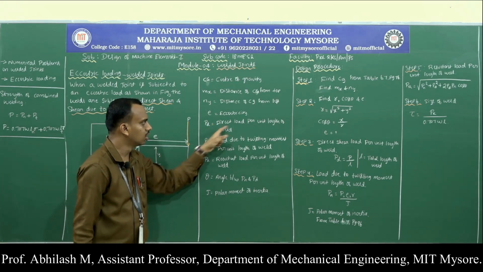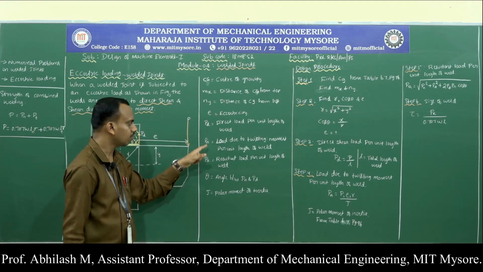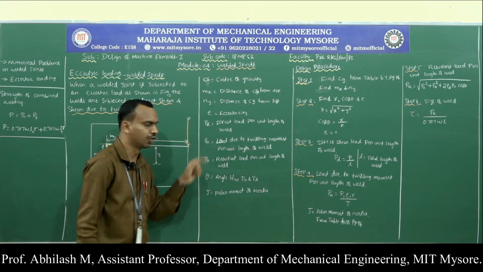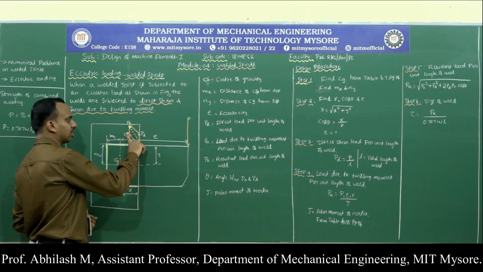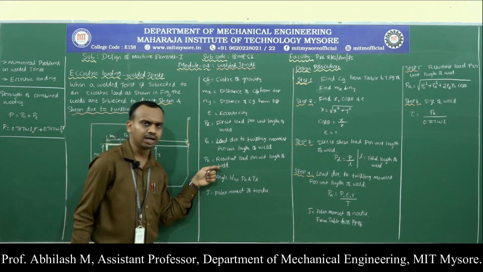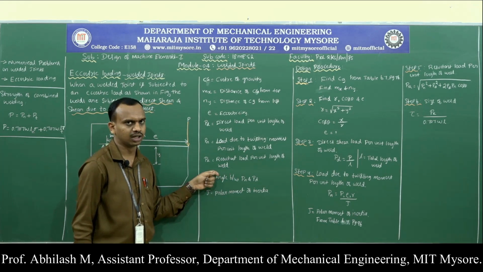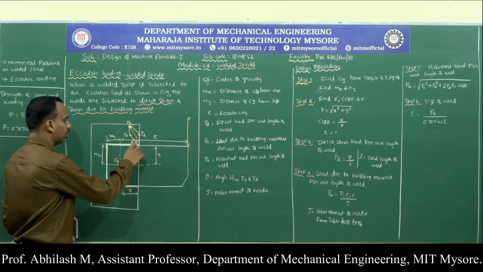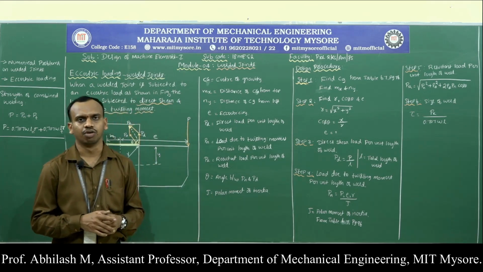There is a direct load per unit length of the weld, which is denoted by PD. The normal load, or the load due to twisting moment per unit length of the weld, is denoted by Pn. That is what we have represented here, the direct load as well as the normal load. These two lead to the resultant load, denoted by PR, the resultant load per unit length of the weld. Theta is the angle between Pn and PD. J represents the polar moment of inertia.